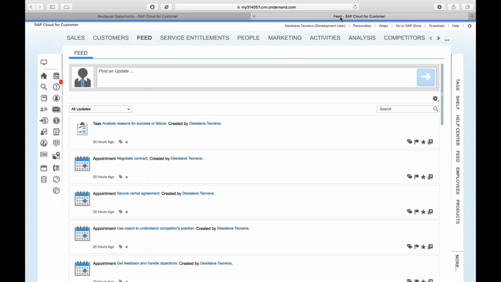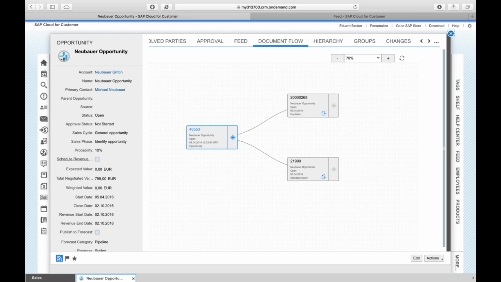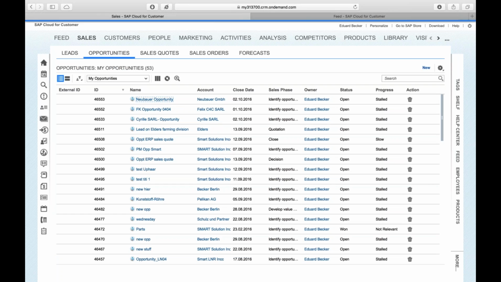Okay, and a few more words regarding the user interface. SAP is trying very hard to build user interface. Basically, they are trying to create the same look and feel across all their different systems. As of now, the current user interface which SAP provides for Cloud for Customer is based on HTML5. It is very good, it is very powerful, but as you might probably know, right now in the SAP world, it is all about SAP Fiori, this responsive UI which is unified across all different platforms and so on.